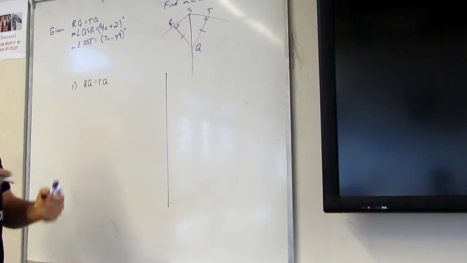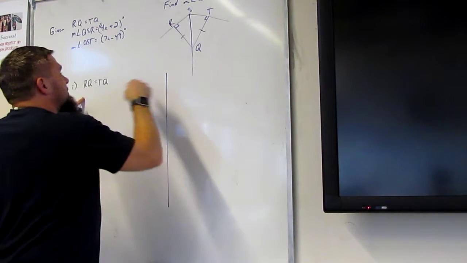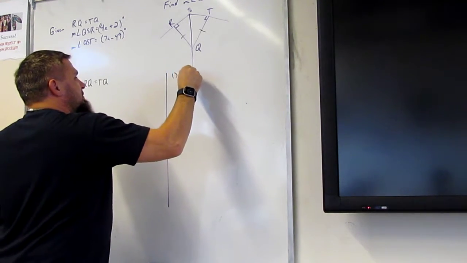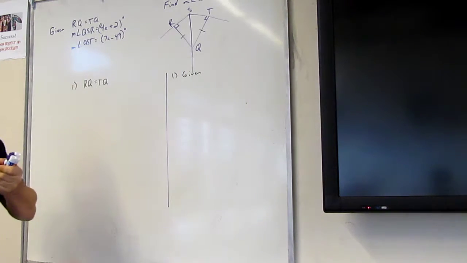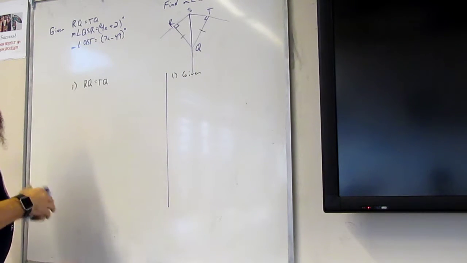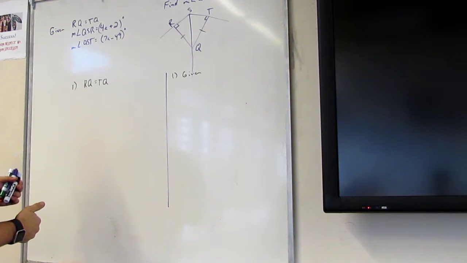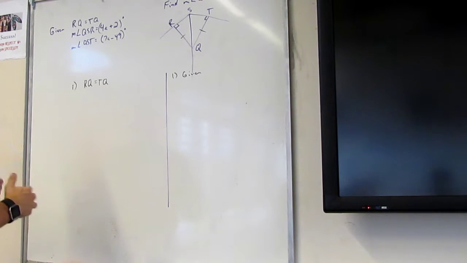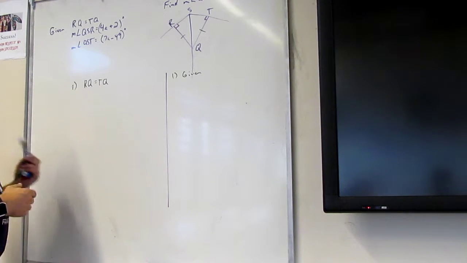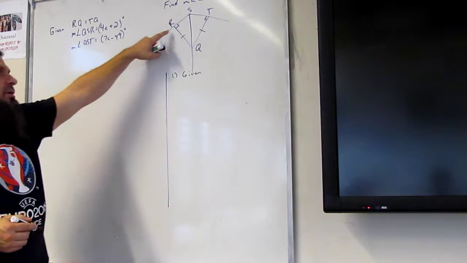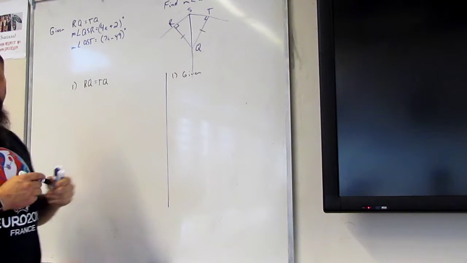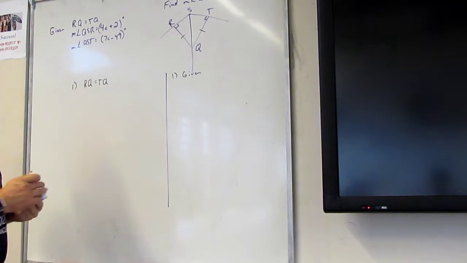Okay? Alright? And so over here I can just go given. Okay? Now from that I can't really do anything, right? So I go with another one. Is there anything else I can do? Well, I know that that's a leg. I know that this is a right angle. So technically I could say that